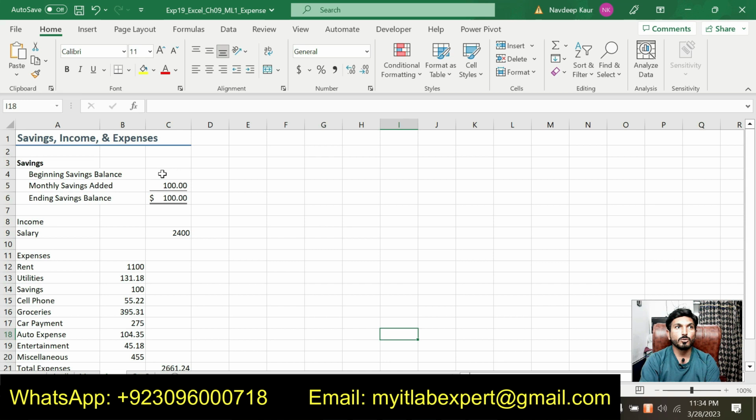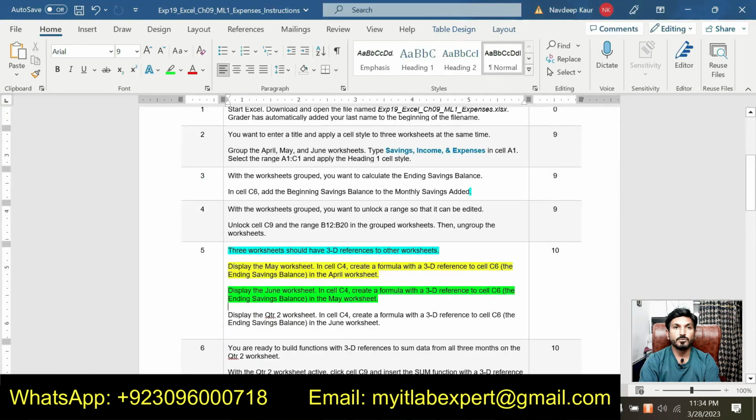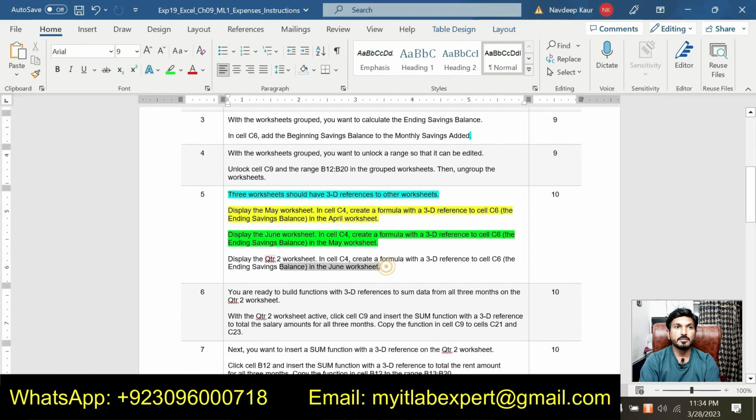For this we will go to the June worksheet and click on cell C4. After clicking on cell C4, type an equal sign and then we will go to the May worksheet to select our reference cell, which is cell C6 of the May worksheet. Just click on it and press enter. So we got the value for the beginning saving balance for the June worksheet. So that is for this one. So next thing is